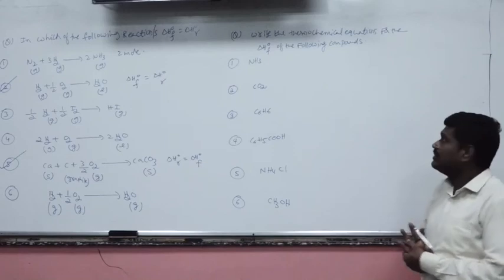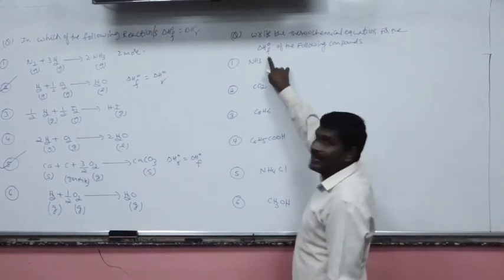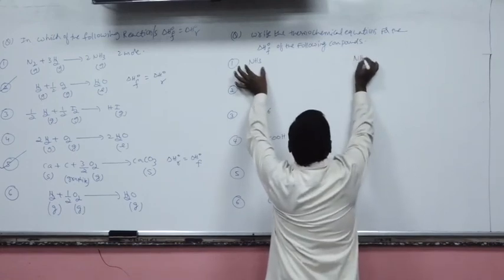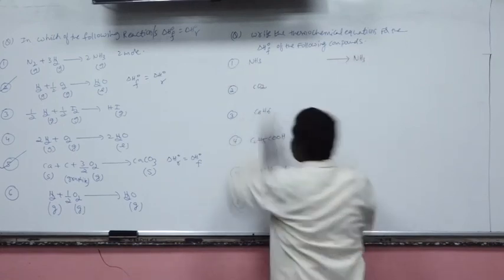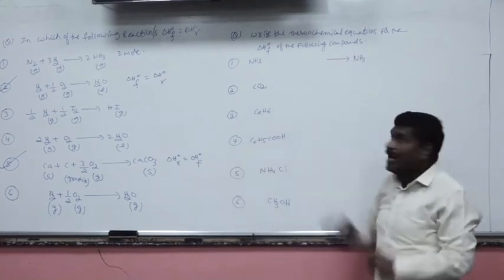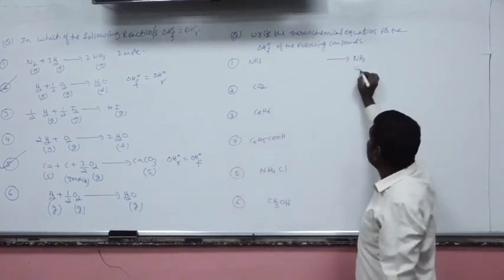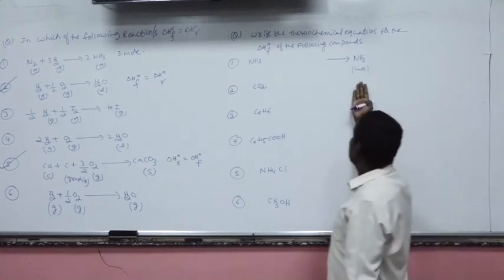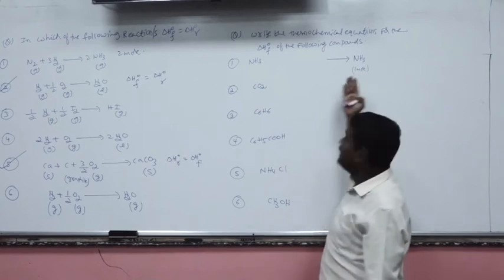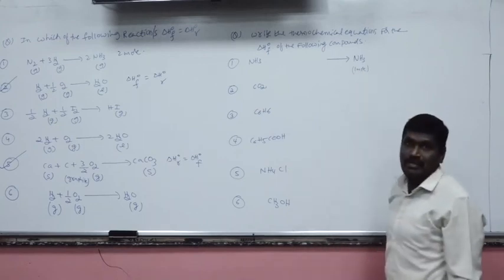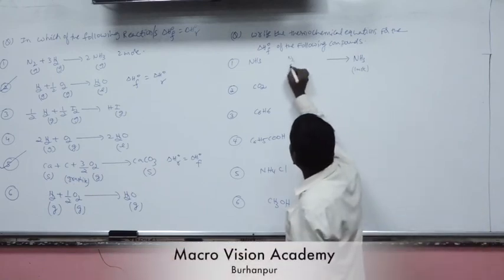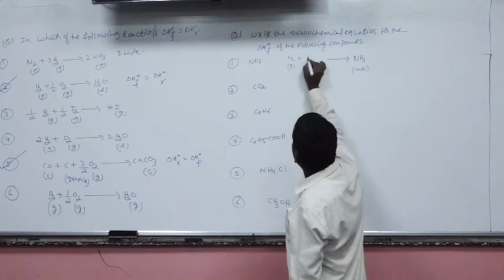Now, we have to write the thermochemical equation. Whenever the question is asking enthalpy of formation, which compound do we have to prepare? Ammonia. First of all, write ammonia on the right hand side. And one more important thing, ammonia should be how many moles? This is very important, 1 mole. Now, keeping 1 mole of ammonia on the right hand side, verify what elements are present in ammonia. Nitrogen and hydrogen. What is the standard state of nitrogen? N2 gas. What is the standard state of hydrogen? H2 gas.